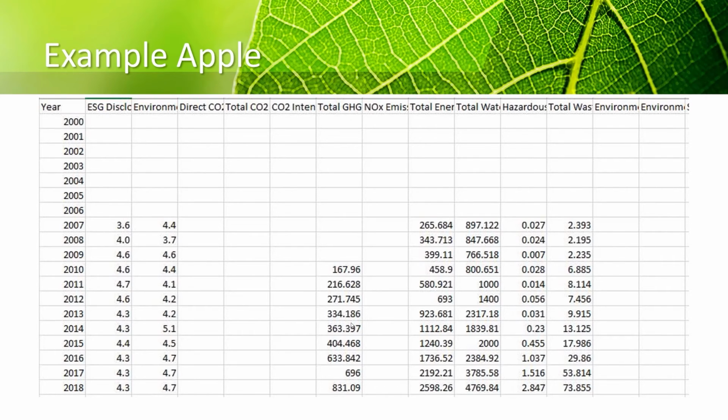So in order to get these scores, what did they do? All of these items were supposed to be filled. How did they get these scores? You may be asking, if all of these items were supposed to be filled in order to get the score. Well, they imputed. That is, they used regression analysis from other data about Apple and imputed those numbers.